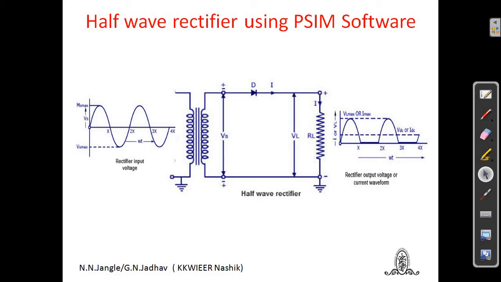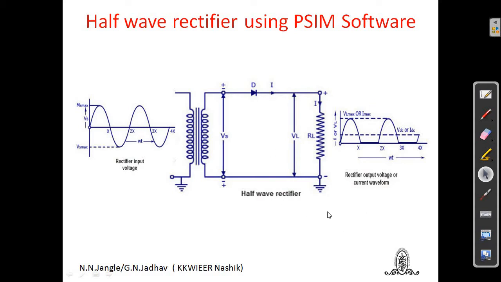Half wave rectification. This half wave rectifier circuit uses a semiconductor diode with a load resistance RL, and it has no smoothing circuit. There is no filter connected in this circuit. The diode is connected in series with the secondary of the transformer and the load resistance RL. The primary of the transformer is connected to the AC supply.